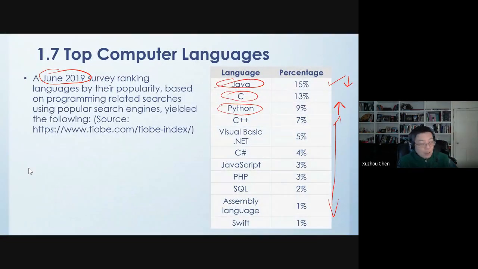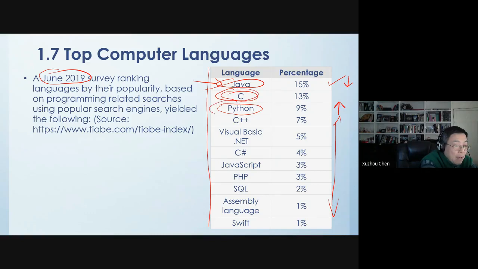Now the last section is about the different languages. Based on the survey in June 2019, they listed the different languages and the percentage of these languages used in industry. Java is still the number one. The C language is next, and Python is the third, which consists of 9%. However,